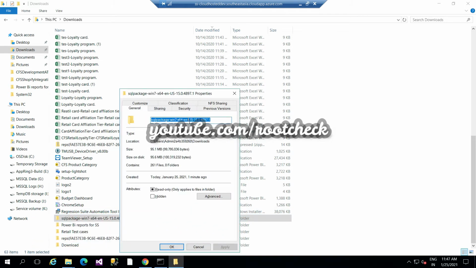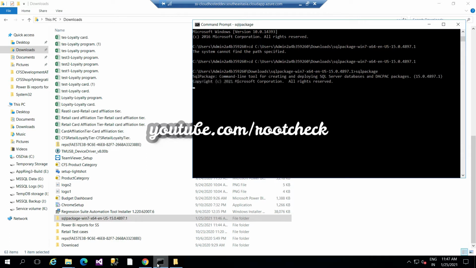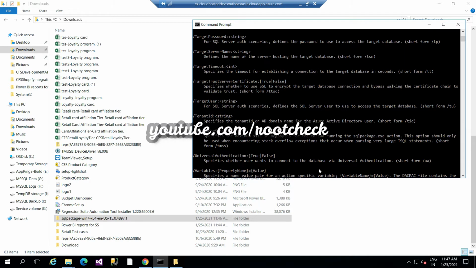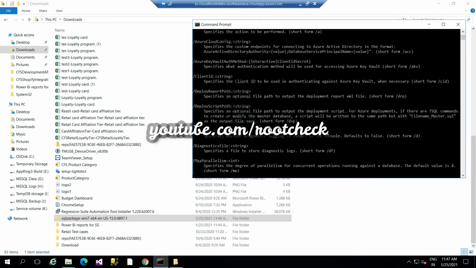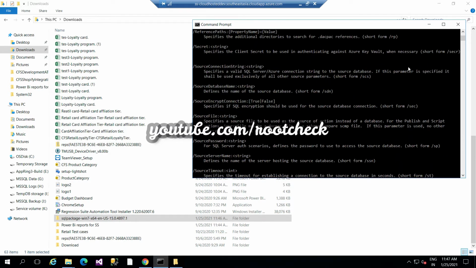So here I am copying the location for that file and the name. Open the command prompt and navigate to that point, and after navigating just type SqlPackage. When you try to do that, it will execute some procedure, and after that you can import your bacpac file database into this environment. So now we have successfully installed SqlPackage here.